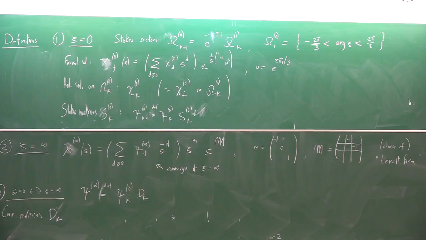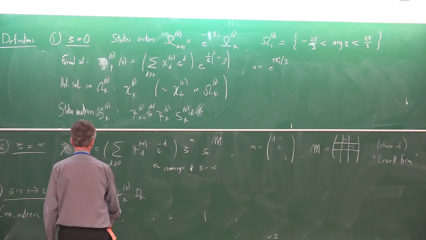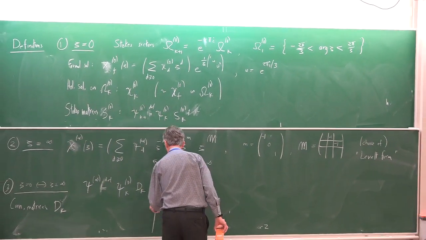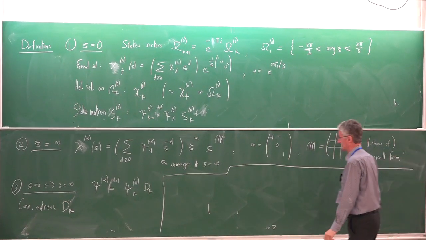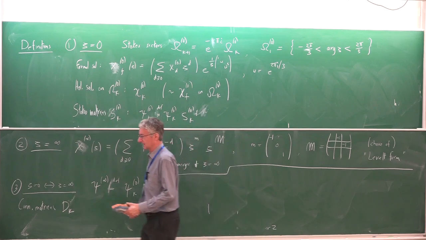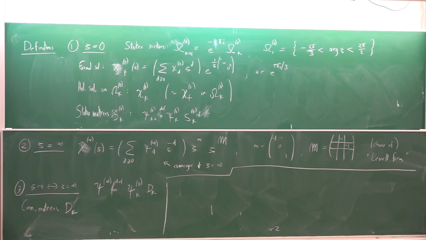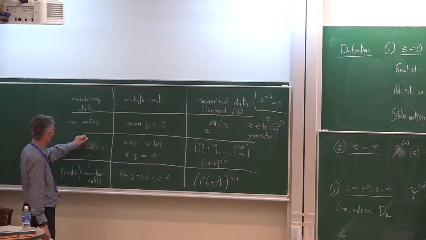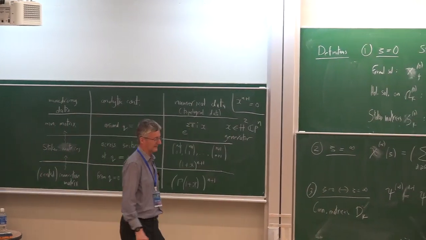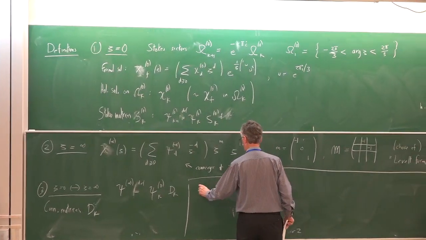Okay, well, one remark about these various matrices. I think I can write it here. There are various relations between these Stokes matrices and connection matrices. What I want to say is that basically if you know the connection matrix, you can calculate the Stokes matrices. And if you know the Stokes matrices, you can calculate the monodromy matrix. So the fundamental thing is the connection matrix. So just as a remark,